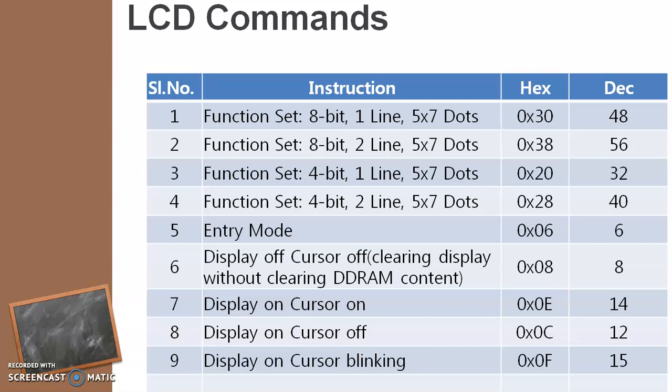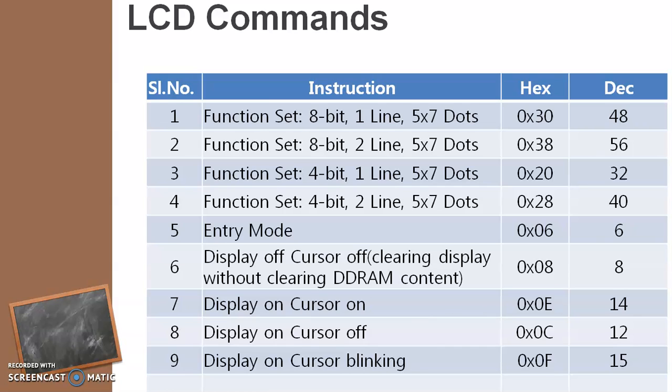Okay. So the processor is informed by the programmer that externally the hardware of one line 16 characters which can accept 8-bit data input has been connected, through the command 30. This is the information that the processor will read. Next, function set 8-bit 2 lines. So that means now it is 16 characters per line. Now it is having 2 lines and for each character an 8-bit information is needed.